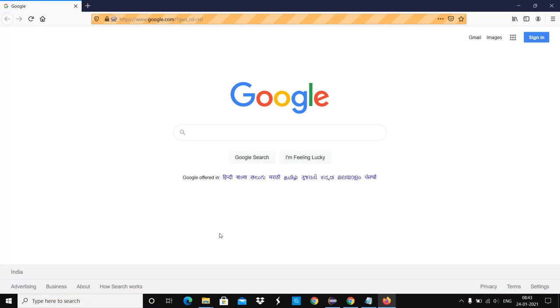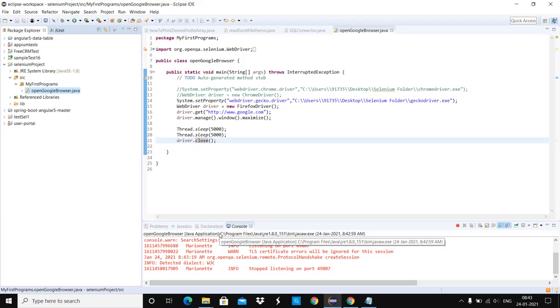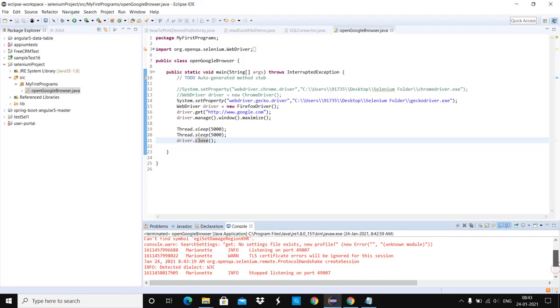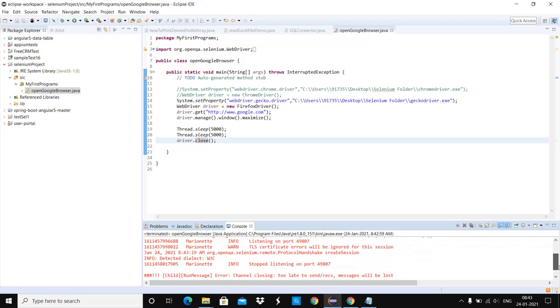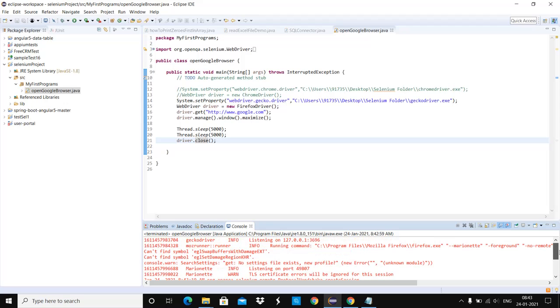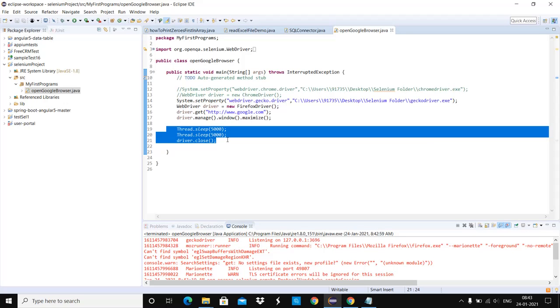Let's open the page. It is maximized. It will wait for some time and it should close the window. Yeah, now it's closed. And error, no, this time there is no error. We have successfully completed all the steps and there is no error. So we have completed the steps up to here and it has run